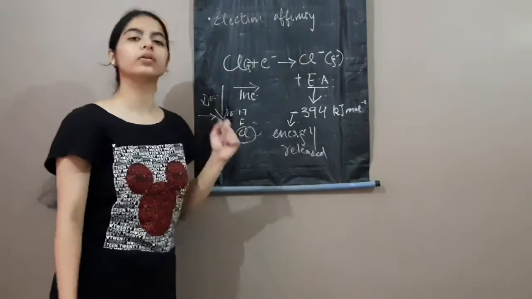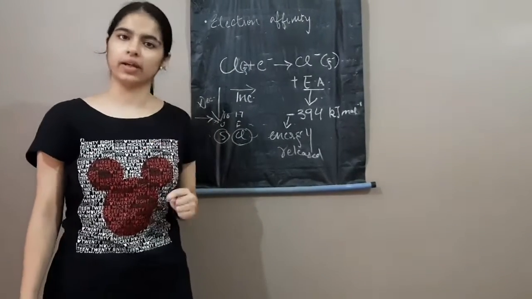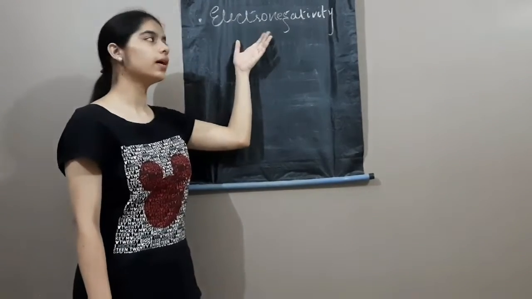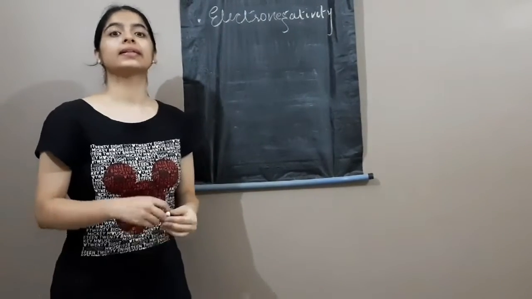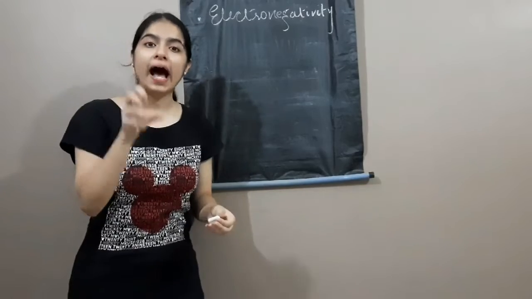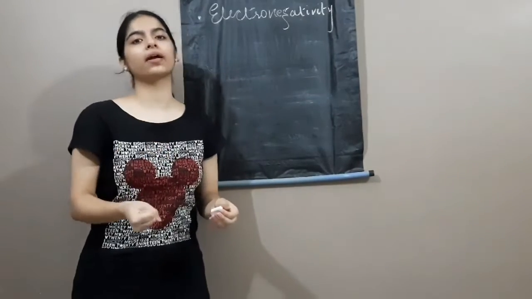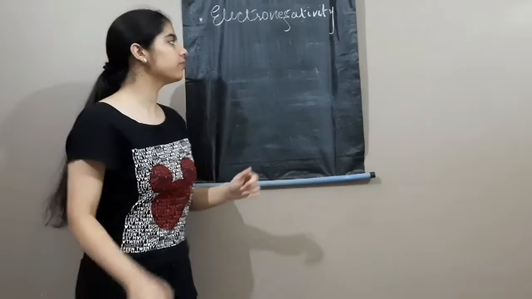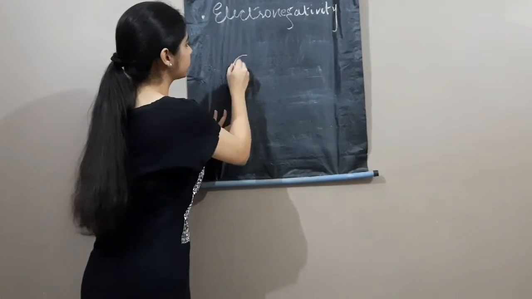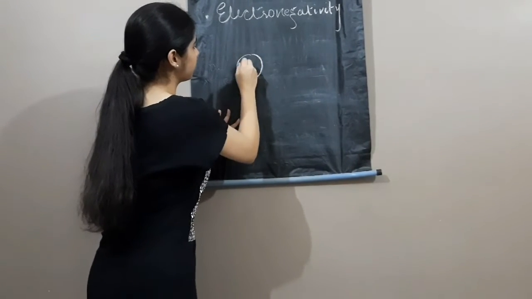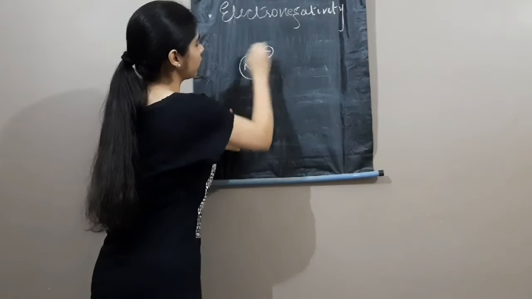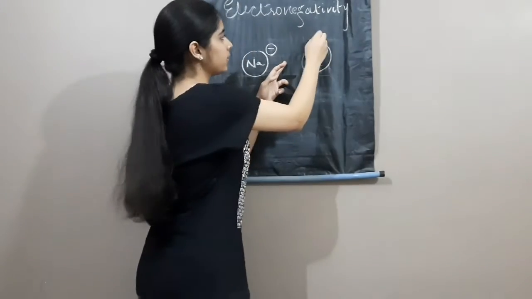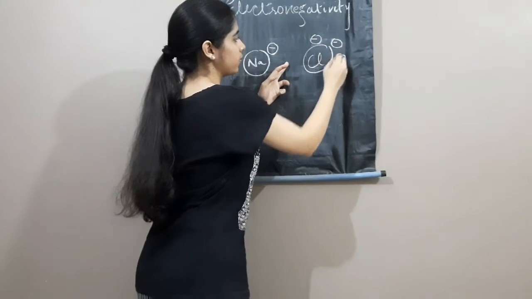Now we move on to the third property, that is electronegativity. Now we will study about electronegativity. Now what is electronegativity? The tendency of an atom to attract the shared pair of electrons towards itself is called electronegativity. If I am talking, like suppose this is Na and this is an electron present and this is Cl, it's just the outermost orbit electrons I'm drawing, 3, 4,